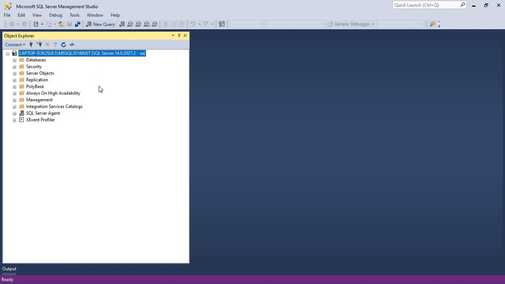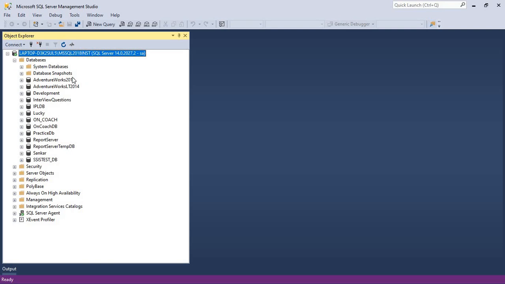These are all server-level folders. If you expand Databases, you can see database-related information like System Databases, Snapshots, and the cylindrical icons. Whatever cylindrical icons you can see, those are databases.